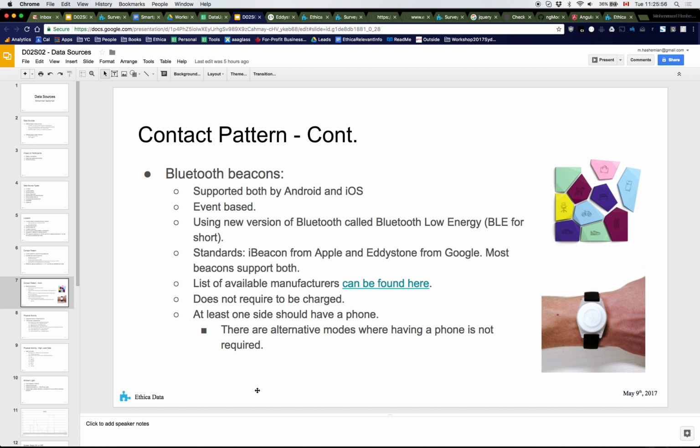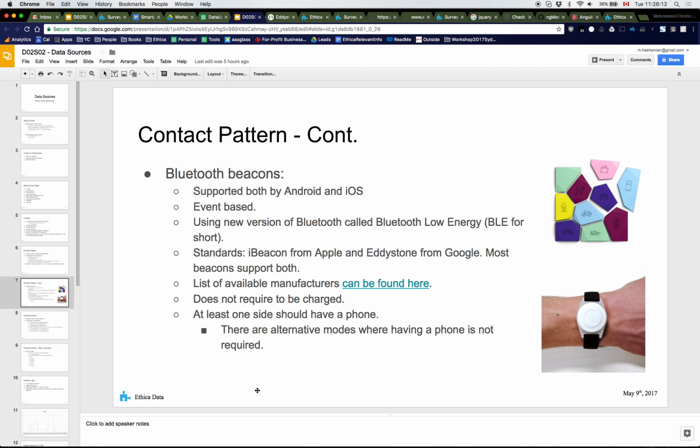Because these ones, I think they have a small flat battery, which helps them work for a year. So you can guess how much battery it uses. So it's very low energy. So if you were, say, measuring the distance between one person and another, there would be a tag on their